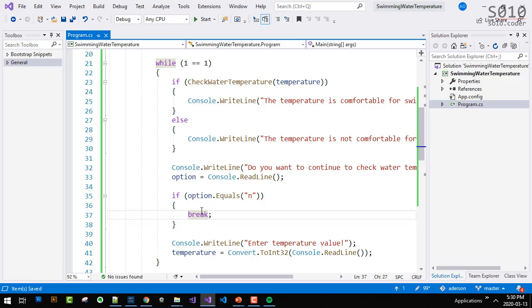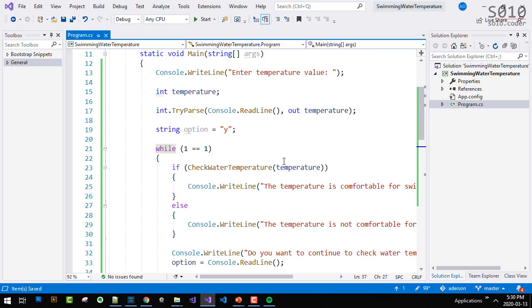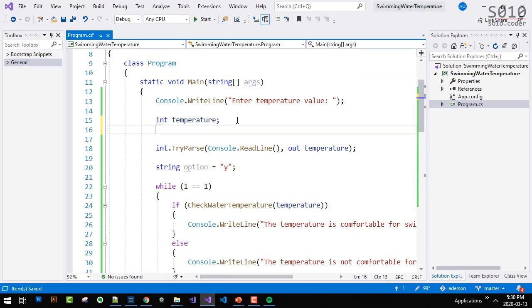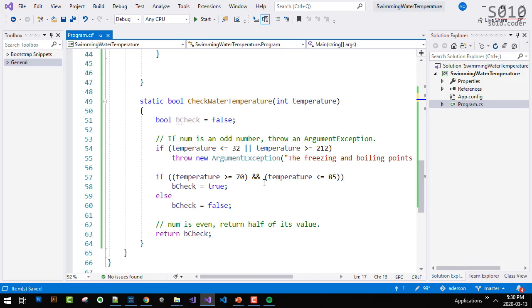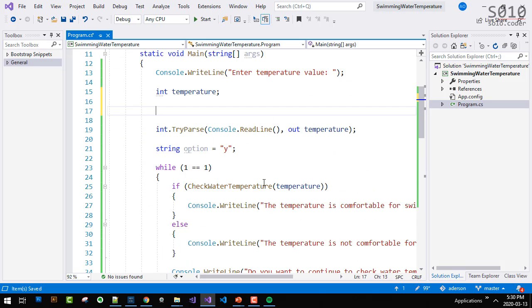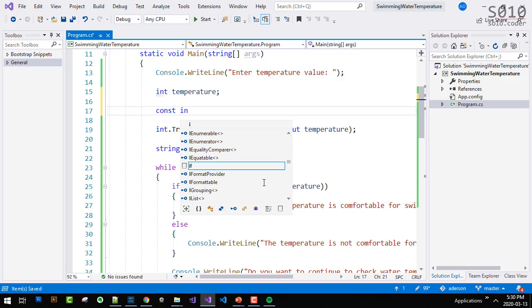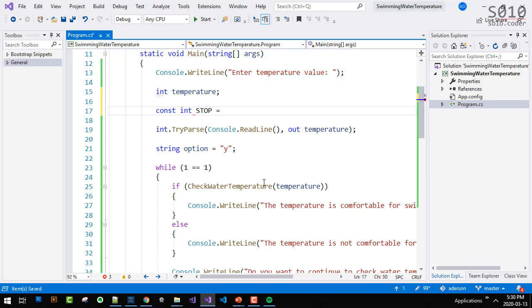If the user types, let's say, 999 or another magic number that you may have, then we get out of the loop. So we could potentially change this a little bit. Actually, we have to change a few things here, but I'll do that in a second. Let's start by creating our non-magic number. I'm going to say const int stop equals 999.